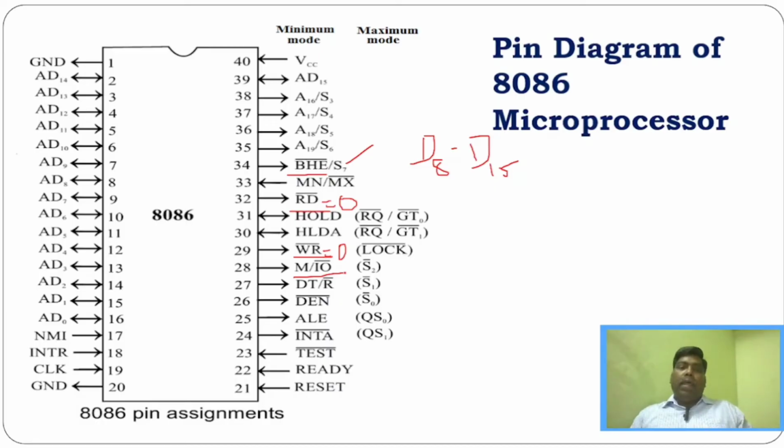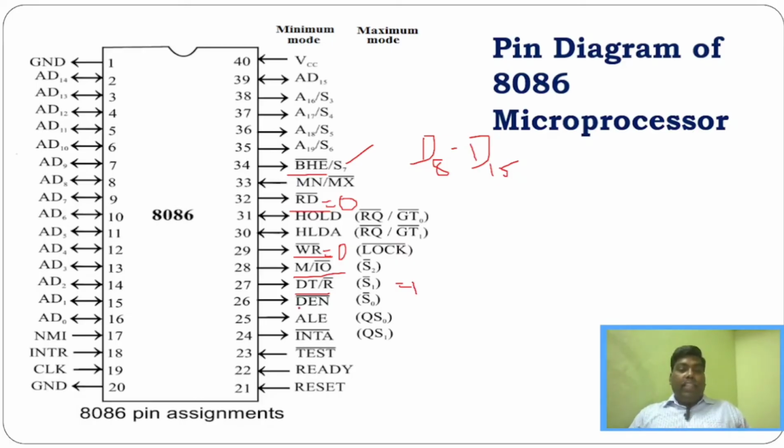If it is 1, then we access the normal memory, and if it is 0, then we access the IO memory. And what is this DT? We will see all these pins in detail; I'll just say what is what here. DT/R is nothing but data transmit and receive. It tells you in which direction the data is getting transferred. If it is equal to 1, the data is transferred from the microprocessor to the external device. And if it is equal to 0, then data is coming from another device to the microprocessor.